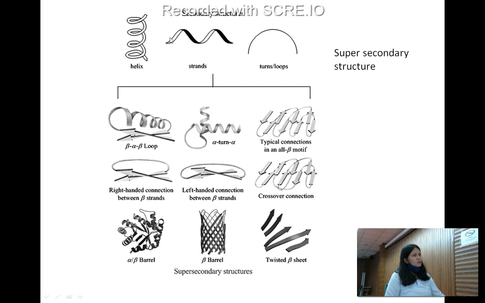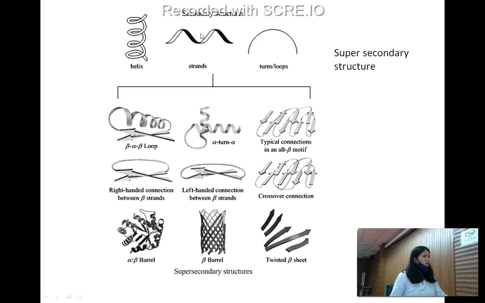So these secondary structures like helix, beta pleated sheet, turns, or loops tend to associate with each other to form certain motifs, which are known as the super secondary structure. Now the super secondary structure is mainly present in the domains of the protein. One protein may have many domains, and each domain will have a different functional activity. That's why there is a term known as multi-enzyme complex. A multi-enzyme complex is nothing but an enzyme having different domains, each with a different enzyme activity, but they are present in a single protein.